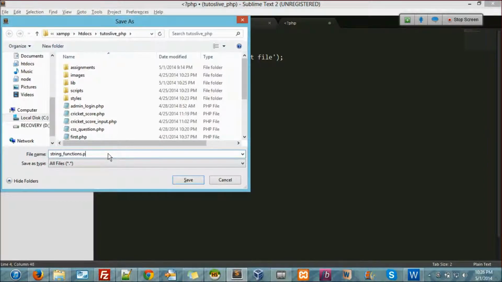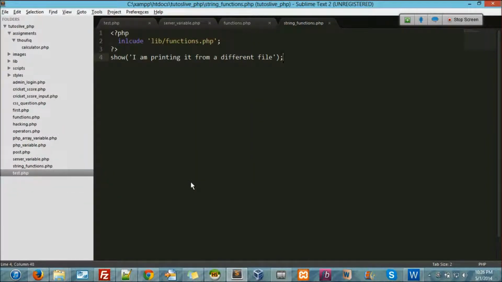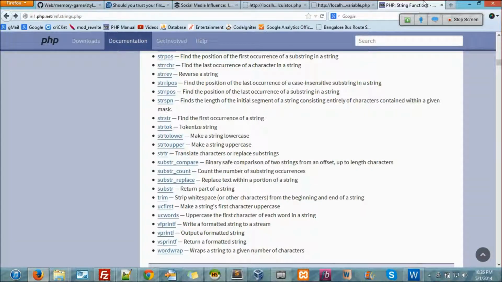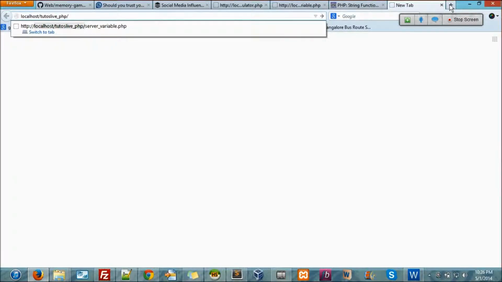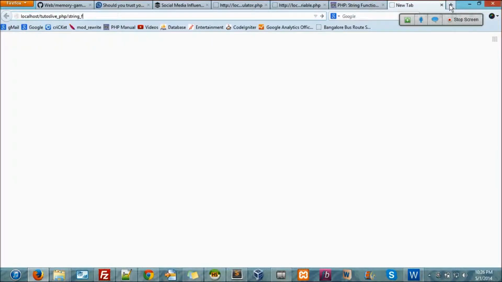I'll only be discussing a few, because I don't want to waste time on this. These are useful in their own ways. Whenever the time comes, it's up to your choice to use them wisely. Okay, let's see. So localhost, tutos live underscore php slash string functions dot php.